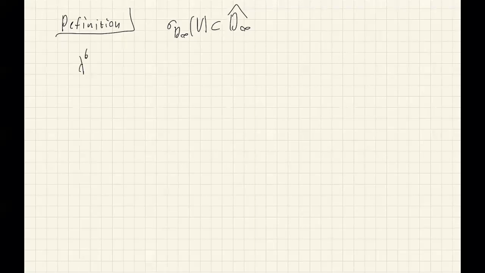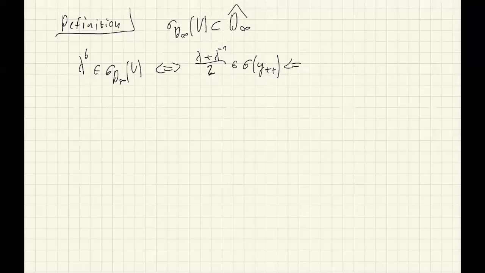So the two-dimensional representation with parameters lambda plus and lambda minus is in the spectrum of V if and only if the pair lambda plus, lambda minus inverse is in the spectrum of Y plus plus,